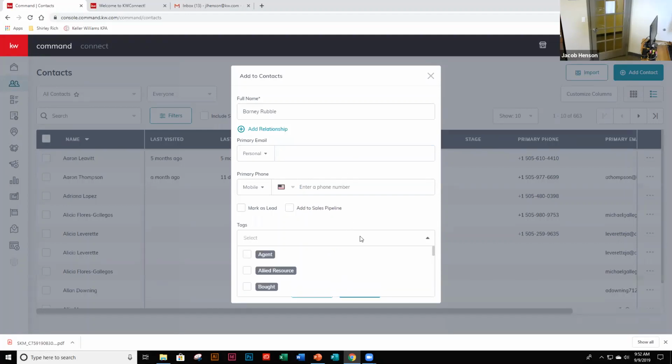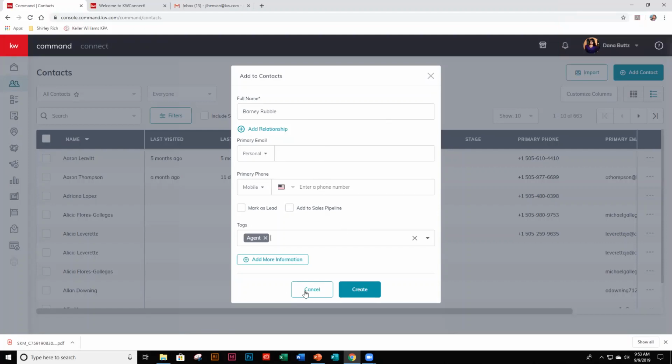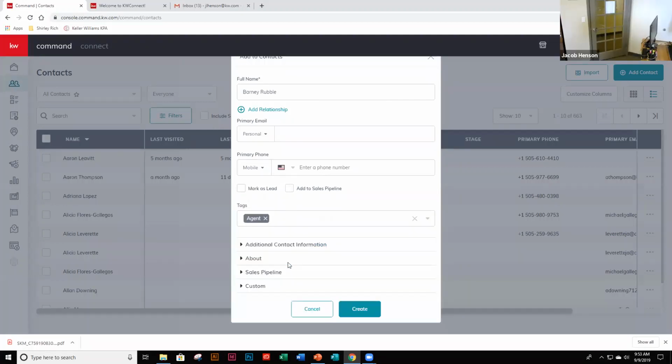I can add a tag. So I could say he's an agent with us if I wanted to ever do marketing with just agents. They did this so that you can see like the bare minimum, so it's not overwhelming. It's a very simple view whenever you bring something up, right? Email, phone number. If you click this button right below that says add more information,